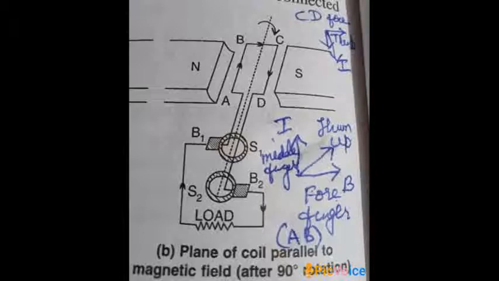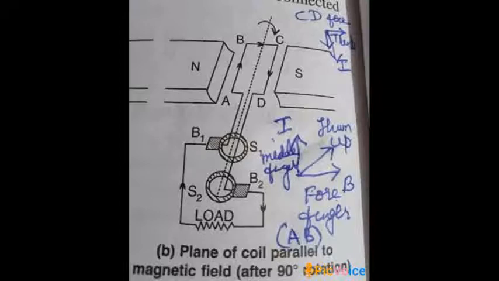And your forefinger should point where? In the direction of the magnetic field. Magnetic field is from north to south. So if the line goes north to south, how will it go? Turn your hand in such a way that thumb is up and your forefinger is pointing towards the south, from north to south. Then you see your middle finger, where it is pointing. Is it pointing from A to B or B to A? The finger is pointing from A to B. So the current will flow from A to B. Okay, so make that arrow from A to B.